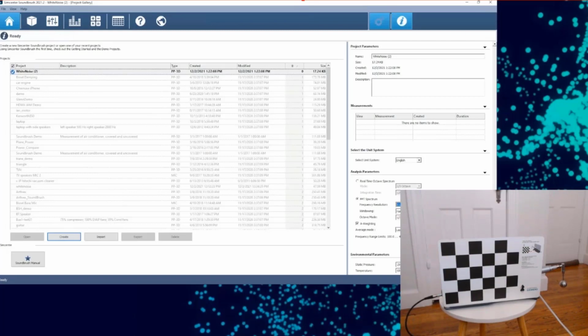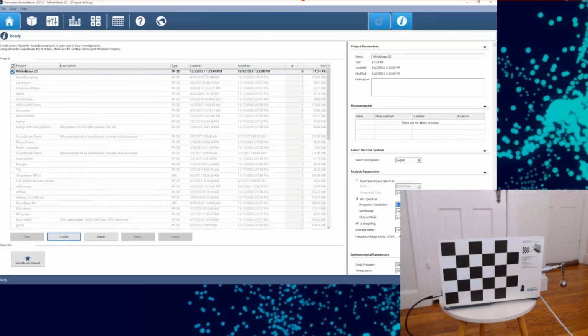I can specify my frequency resolution, and essentially this is going to limit or extend how fast I can move the sound brush. With a coarser frequency resolution, I need a shorter time to take that data, so I can move the brush faster. I want a little bit finer frequency resolution, about 11 hertz, so every 1/10 of a second or so, I'm taking a data point. The sound brush software is going to track how quickly I'm moving the brush, and it's going to tell me if I'm moving too fast. We don't want to smear our location during a measurement.